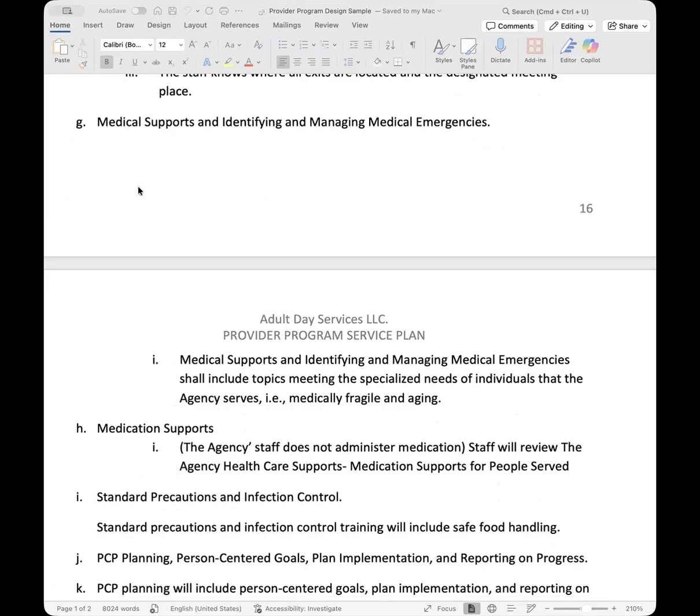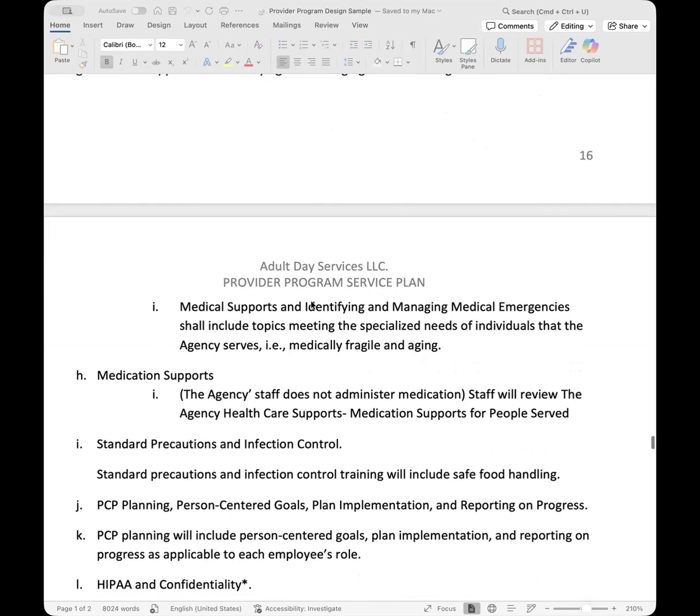Okay, G, medical supports and identifying managing medical emergency. So this is where if you're providing medical support, you'll need to beef up this training to look a little different depending on the services you are providing. So you should include topics about anything concerning to your adults.